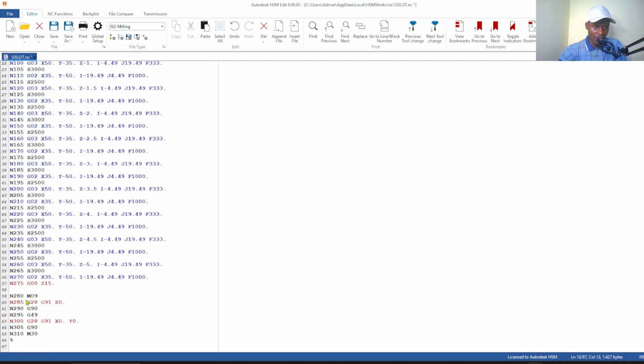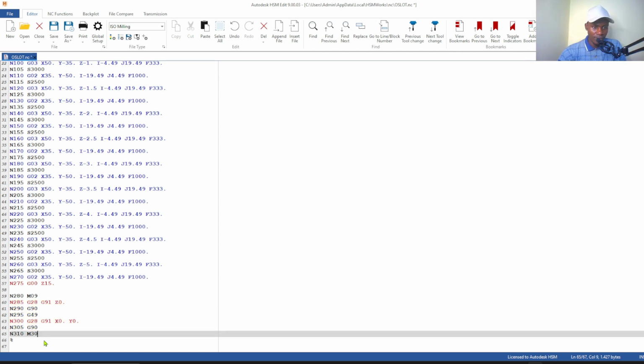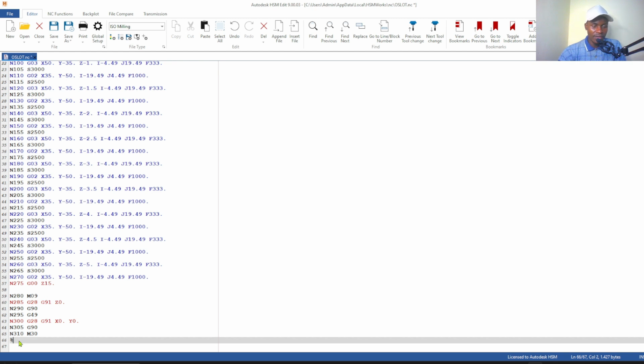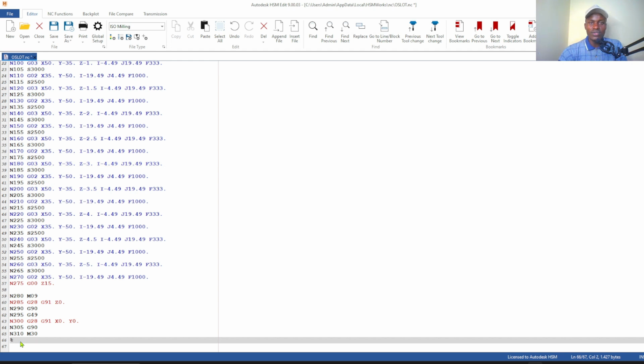Bottom. There is M09, which switches off the coolant. And the same G28, G91, we had seen it upwards there. So these ones, they are just for the safety of the machine. So if you are doing manual settings, you can remove this line of code. And finally, for the machine to know that you have entered your code, you must finish with a percentage sign, at the bottom there. Then click on save.